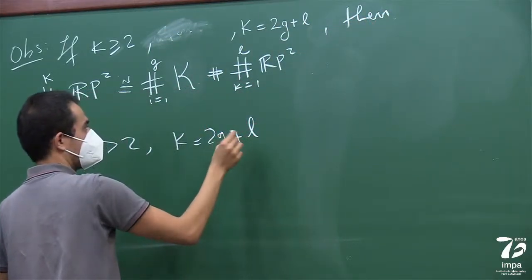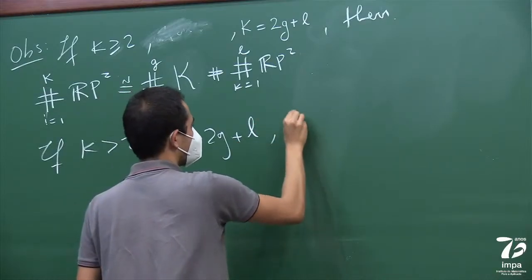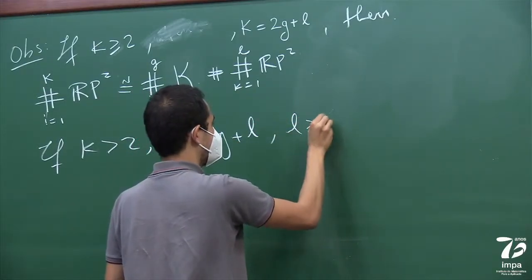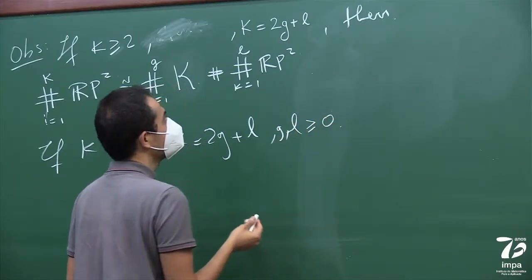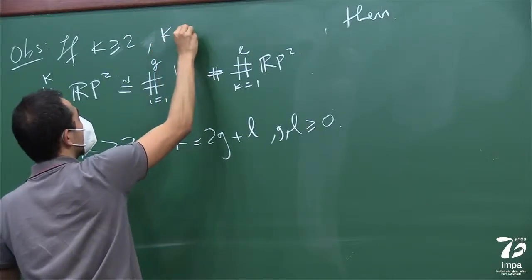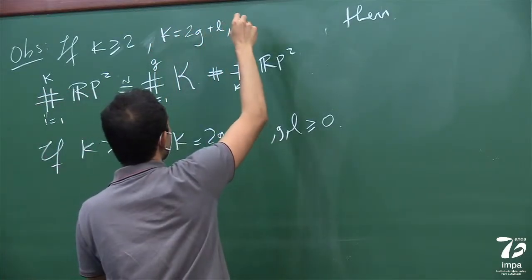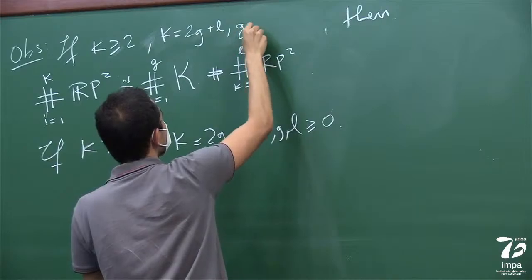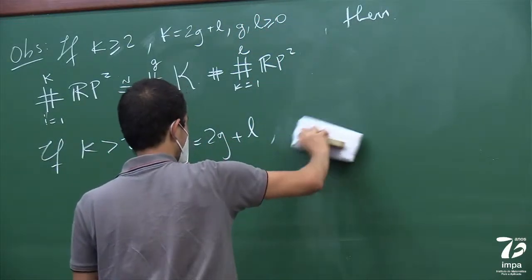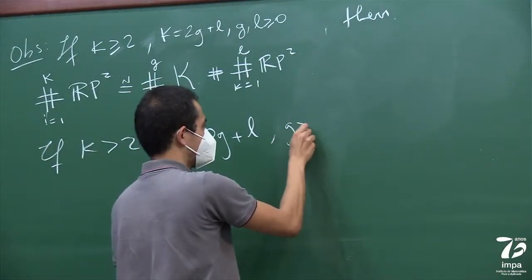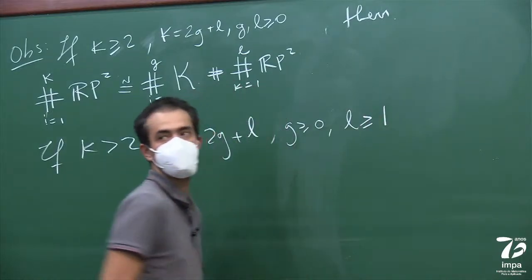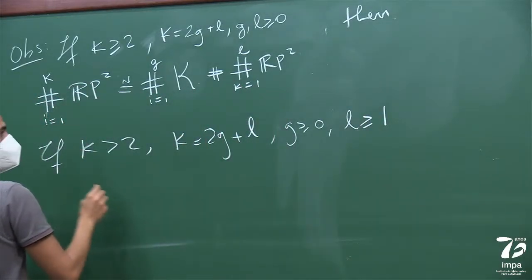But then, if K is strictly bigger than 2, and K is equal to 2G plus L, with G and L greater than or equal to 0, here you actually need L to be greater than or equal to 1. So G greater than or equal to 0, and L greater than or equal to 1. Okay, now it's the right thing. Then